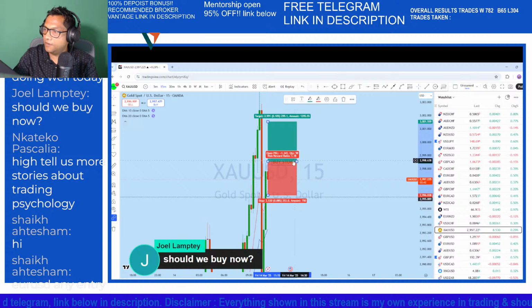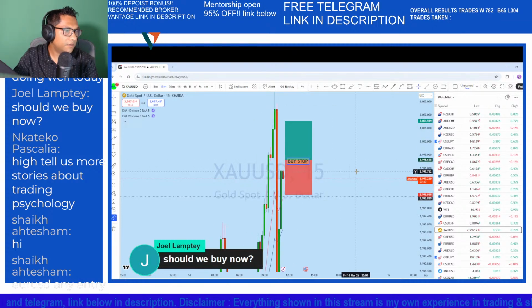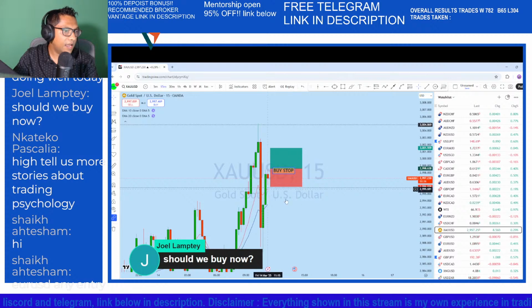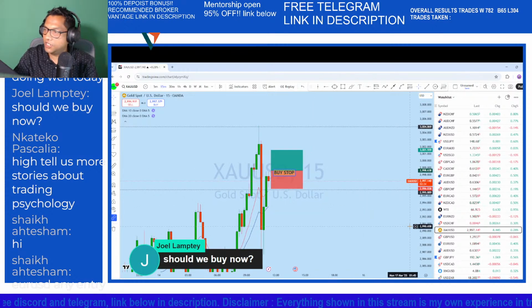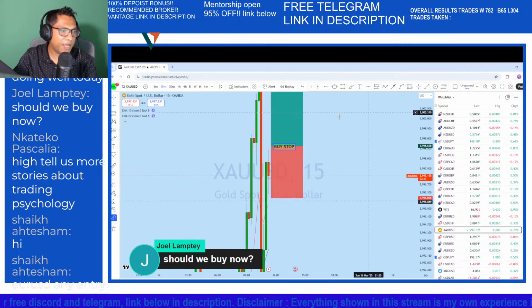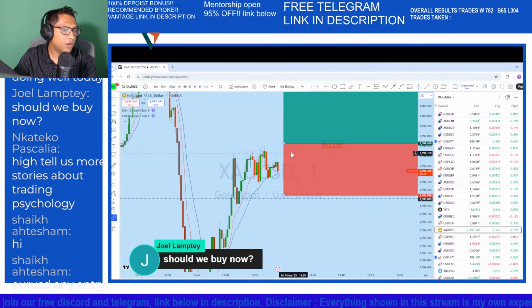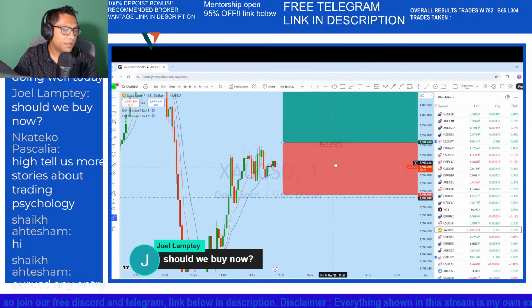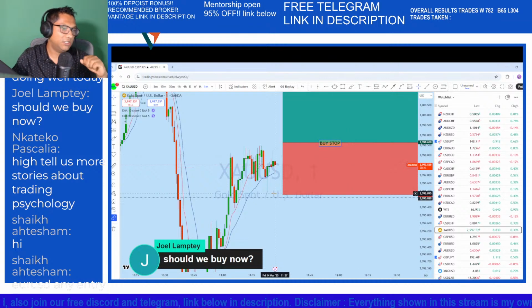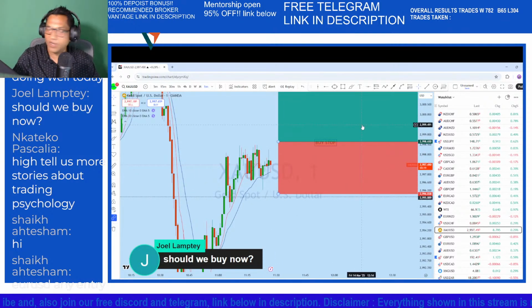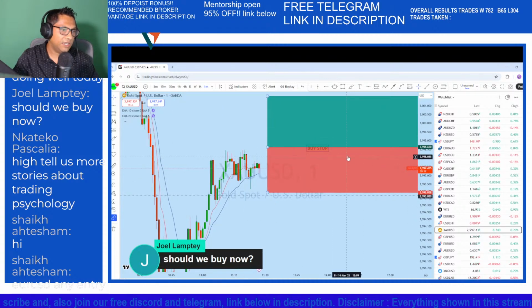If we look at the 15 minutes candlestick pattern, we see there is a narrow doji formation, which is basically, from the 15 minutes perspective, it looks like we might see a bullish move. But the question is, is the market grabbing liquidity from here, or is it just bouncing back from this level again? That's what we will see.